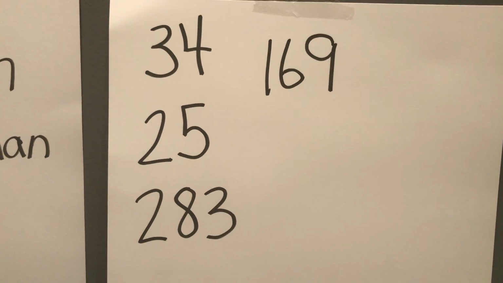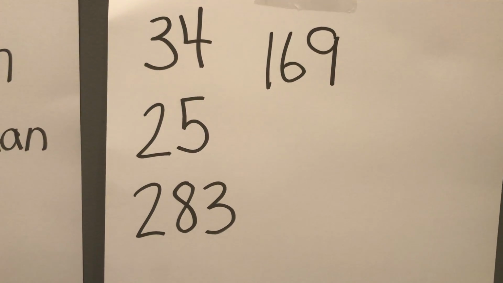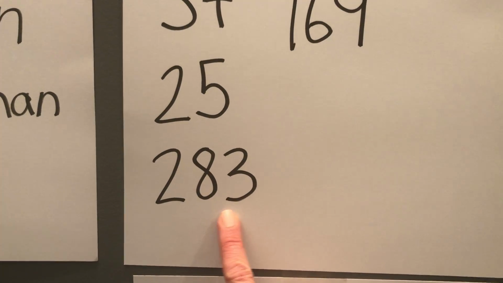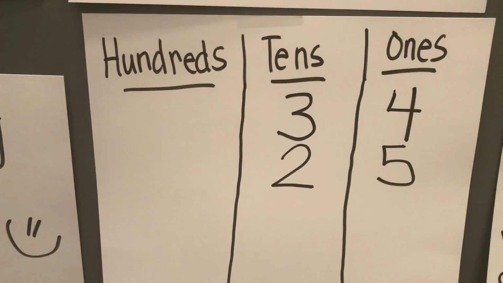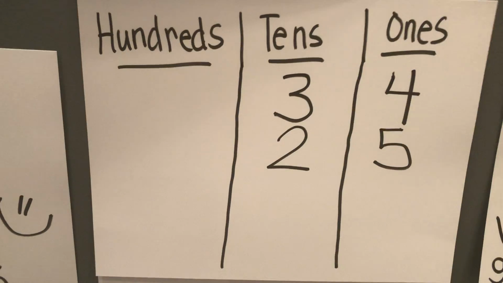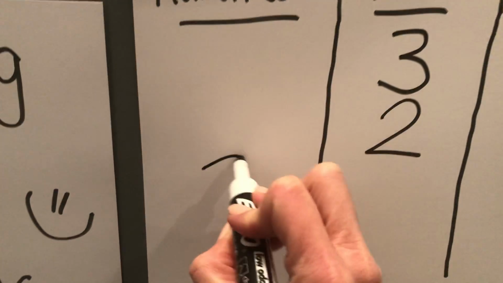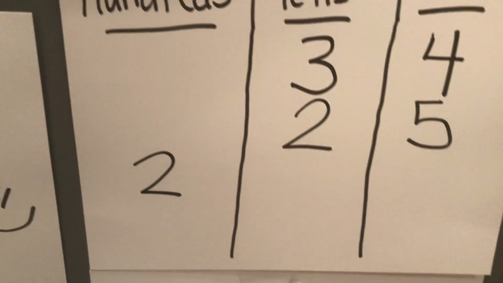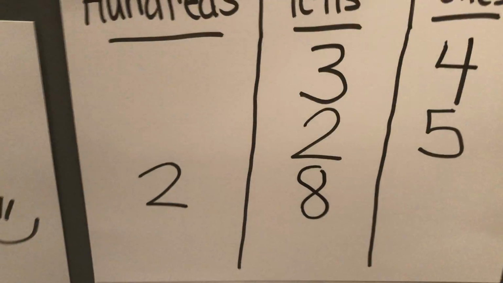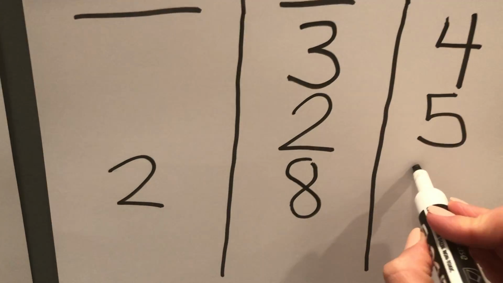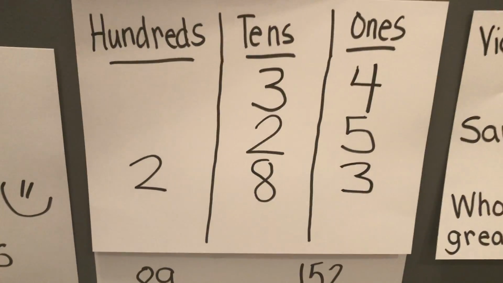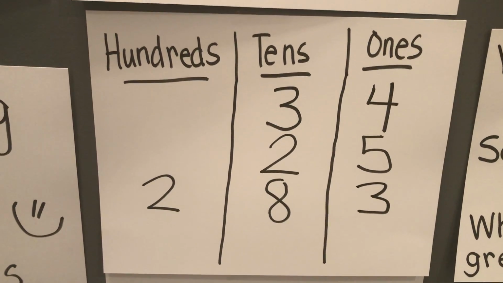Okay, we have two numbers that are three digits. Okay, 283. Well, now we can start in the hundreds place. I'm going to put 2 hundreds, 8 tens, and 3 ones. Okay, now the last one,